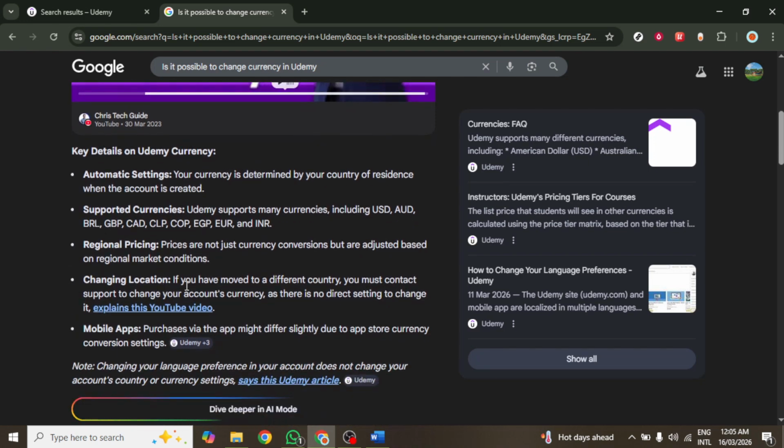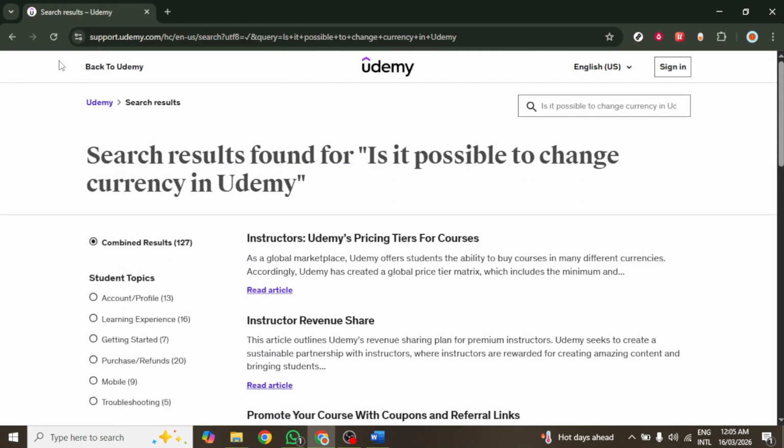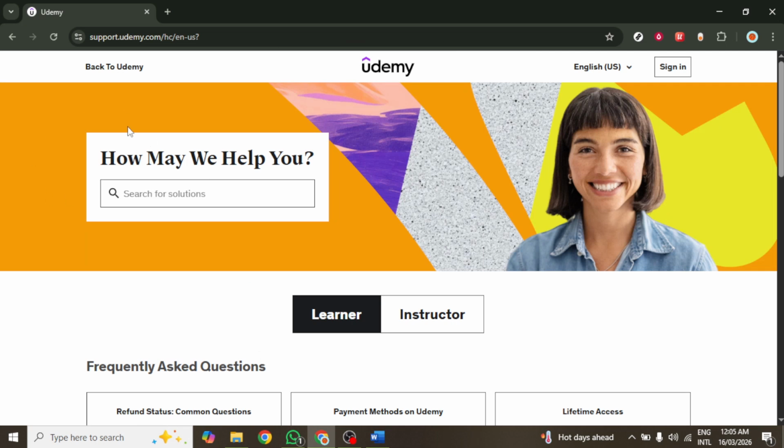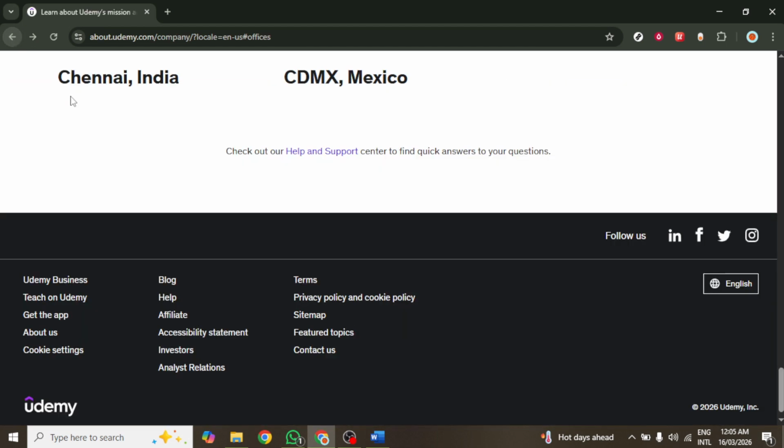After making your selection, remember to save the changes in your account preferences. Once saved, refresh the page to verify that the course prices are now displayed in the updated currency. When you reach the checkout page to purchase a course, you should see the final amount presented in the currency